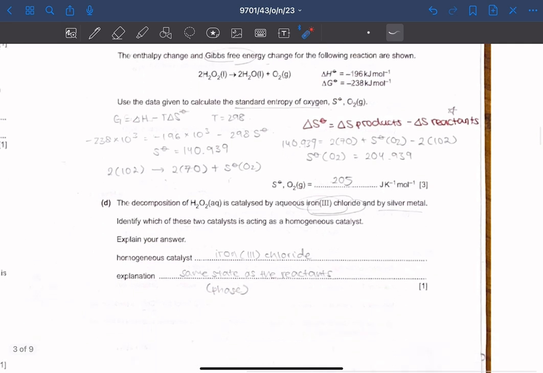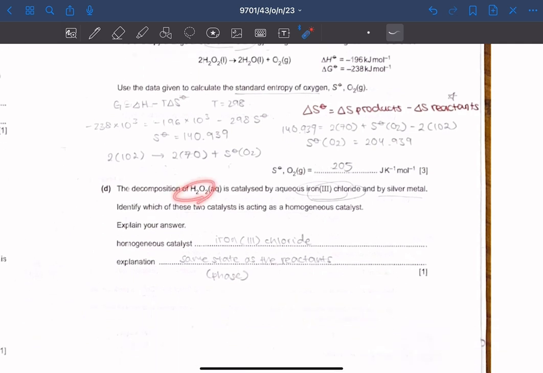Yes. Then D, the decomposition of H2O2 is catalyzed by aqueous iron III chloride and by silver metal. Identify which of these two catalysts is acting as a homogeneous catalyst. So a homogeneous catalyst is a catalyst that has the same state of matter or phase as the reactants. So the catalyst and the reactants have the same phase. So the homogeneous catalyst in here is the aqueous iron III chloride, and the explanation is because it is the same state as the reactants in the